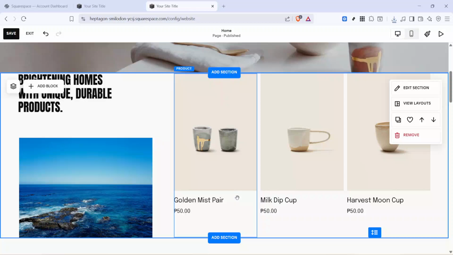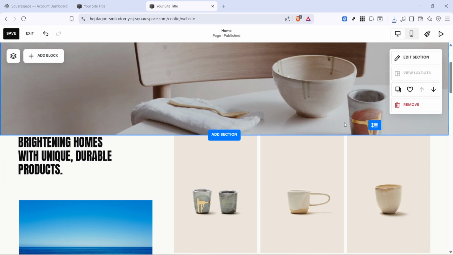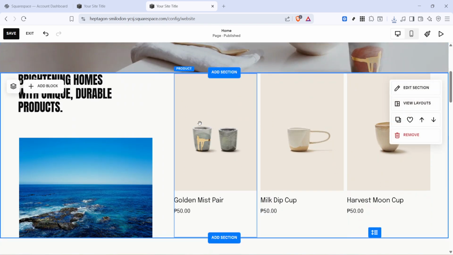In today's video, I'm going to teach you how to align content in Squarespace. If you've ever had a headline, image, or button that feels a little off, maybe hugging the top of a section or floating awkwardly in the middle, alignment is the quick fix that makes your layout look intentional and polished. We'll walk through the simple way to control how a block sits within its container so your design feels balanced